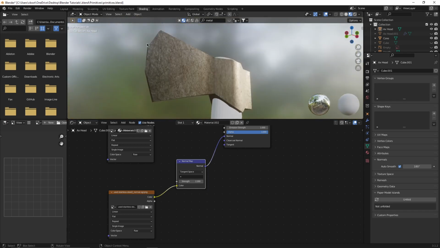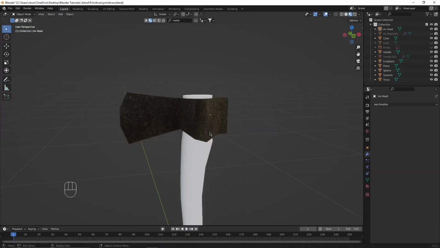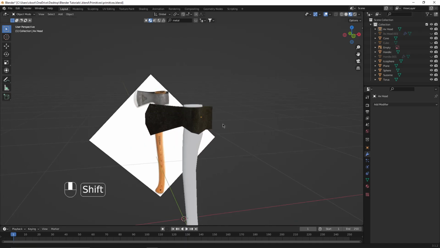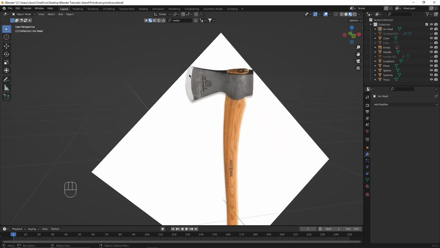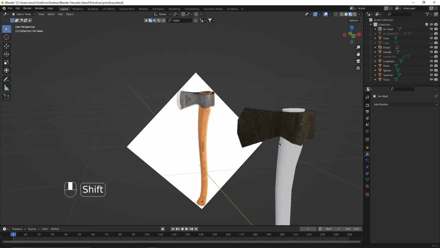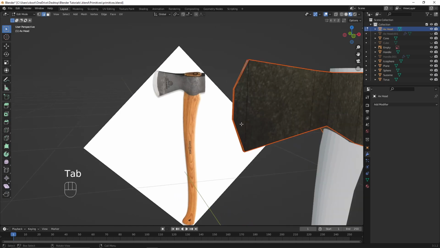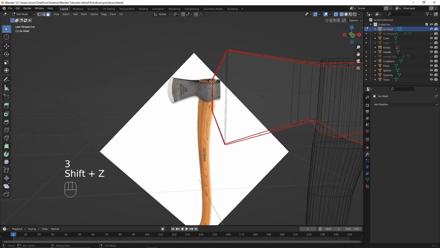Now the front of the blade, I want it to be a different texture, right? Because in the reference image, there's kind of a metallic or a shinier piece in the front, right? So I'm gonna do this a